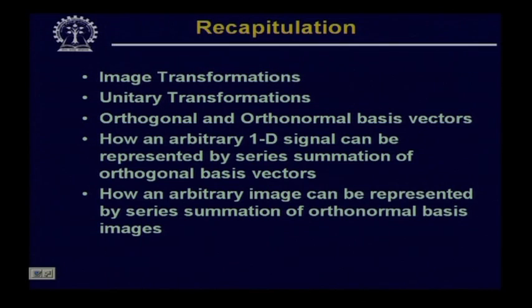We have seen how an arbitrary one dimensional signal can be represented by a series summation of orthogonal basis vectors, and how an arbitrary image can be represented by a series summation of orthonormal basis images. So, when we talk about image transformation, basically the image is represented as a series summation of orthonormal basis